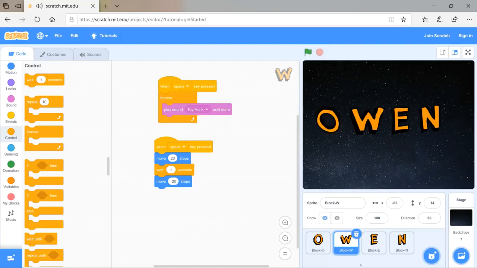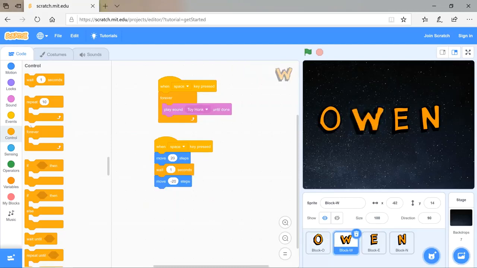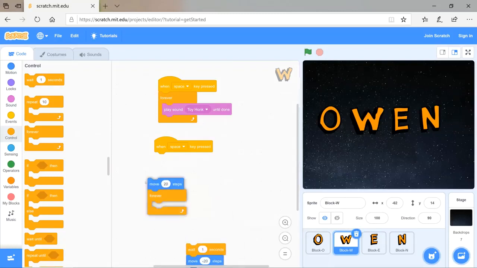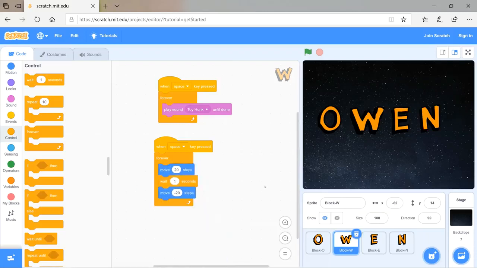But we want that to happen forever, or it will only happen once. So we get our forever loop. And we pop everything inside it, which I haven't done very well. Let's get everything back together and pop it in the forever loop. And now when we push space,